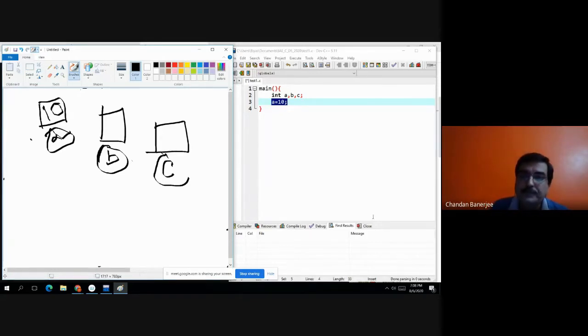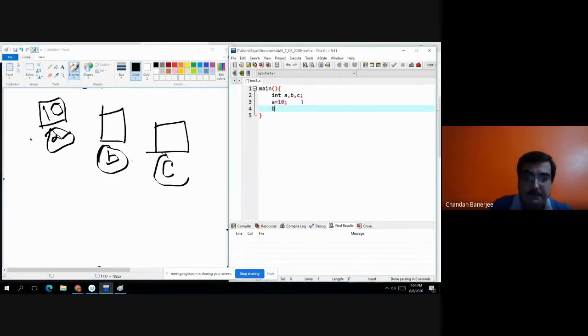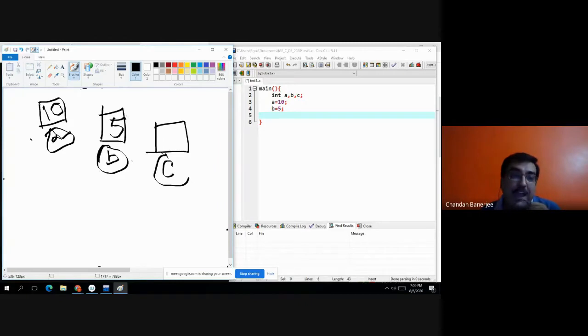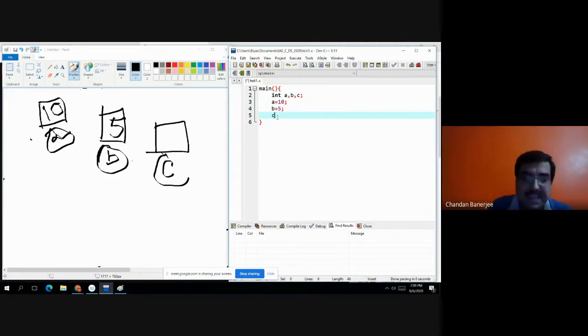Now, next, b equals 5 on the right hand side screen. Just follow the right hand side screen as well as the left hand side screen. b equals 5. That means 5 is assigned to b. Next, c equals a plus b.